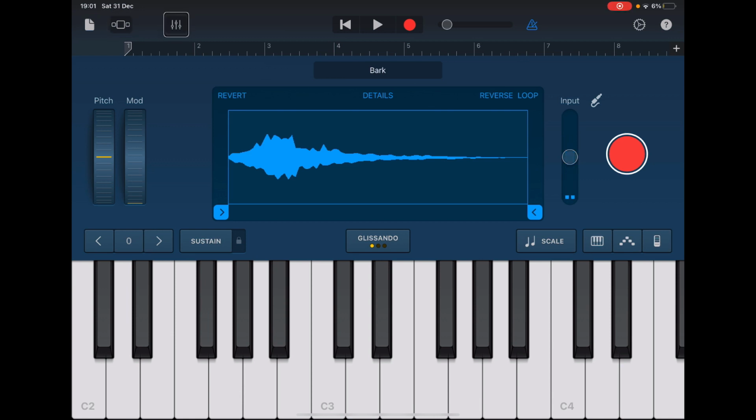Track control browser. Track control rewind play. Pitch. Mod. 0%. Oh my gosh, no. Track browser. Okay. Track rewind play. Record button. So,